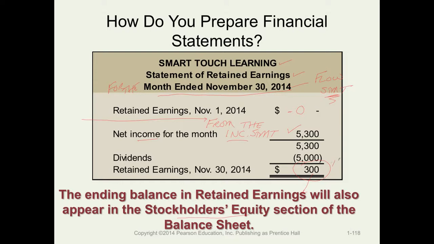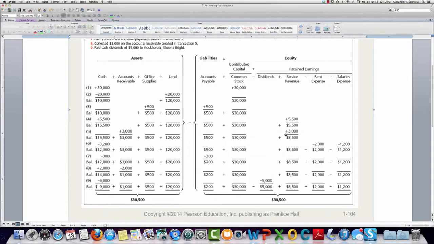So this is going to go to the balance sheet, which is our next statement. Okay. So it's going to go to the balance sheet. Now notice that the statement of retained earnings is net income minus dividends. So let me try to flip back to our